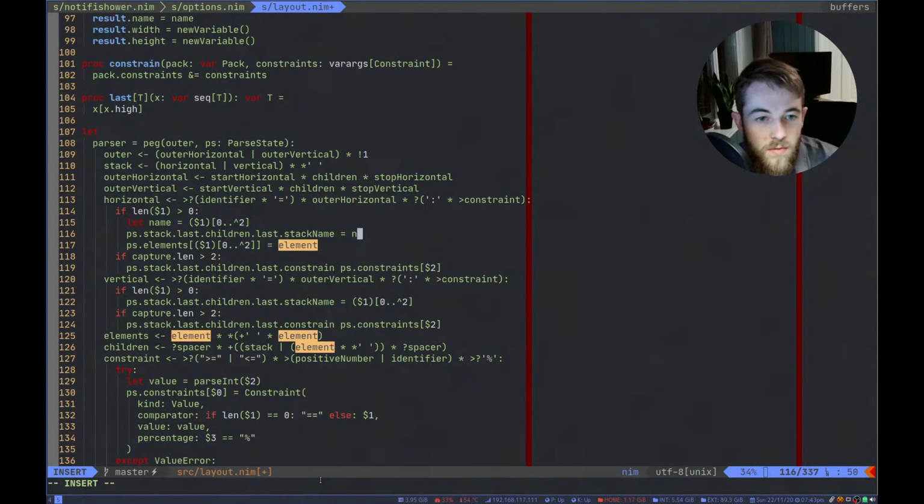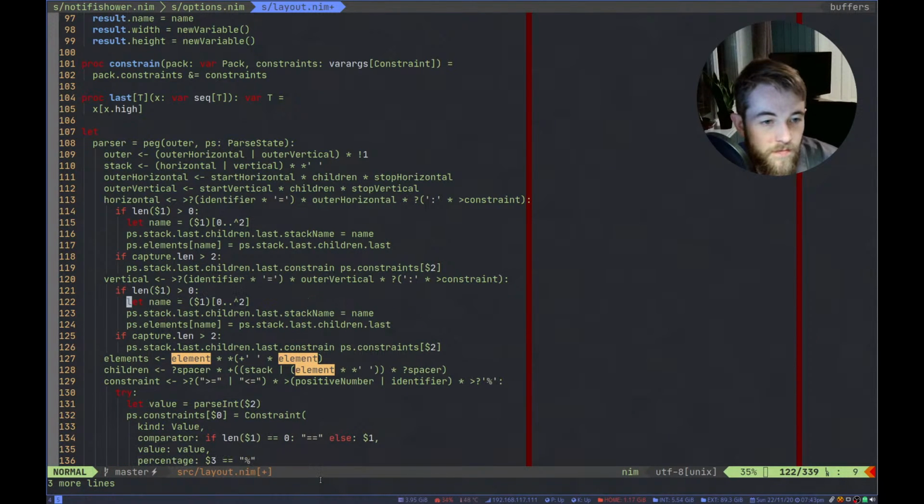Set this equal to name. Set the name here to be equal to the parse state.stack.last.children.last. There. Oops. Just grab this to there.